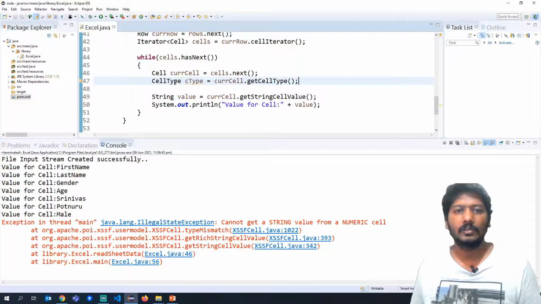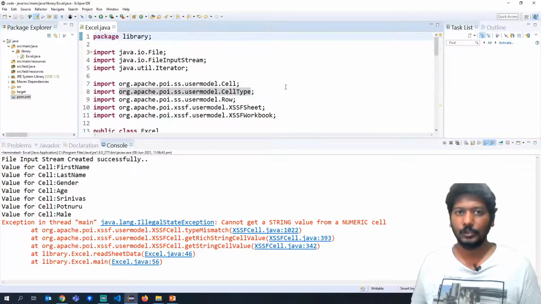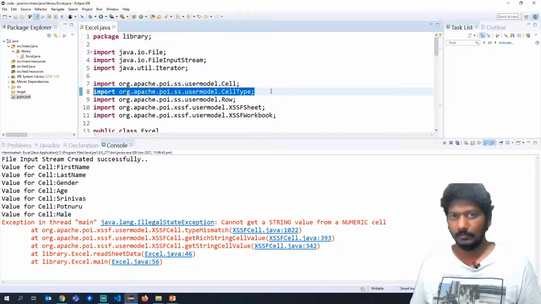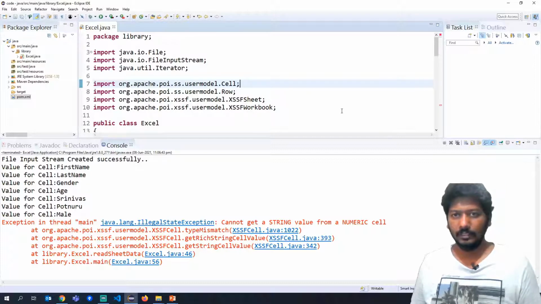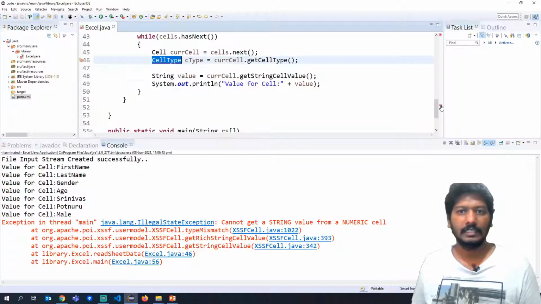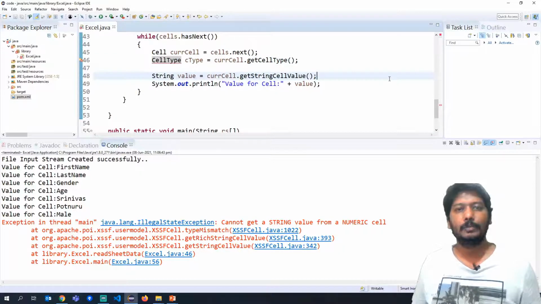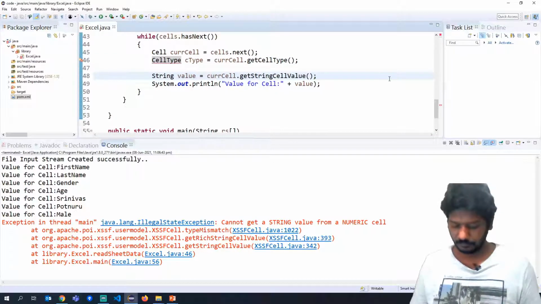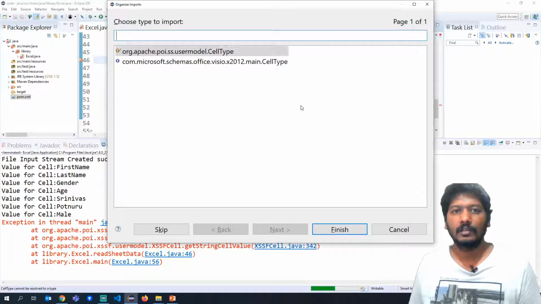In case you do not have this particular class file, let me show you how to import. If you see, there is an error. Now what you can do is press Ctrl Shift O. As we are working with Apache POI libraries, we will select that particular one and click on Finish.